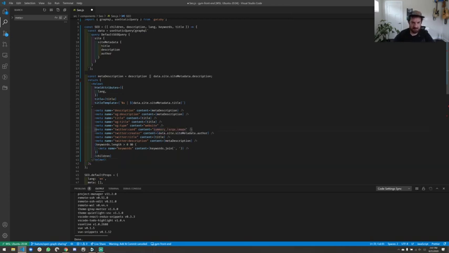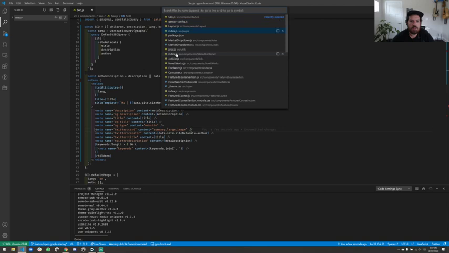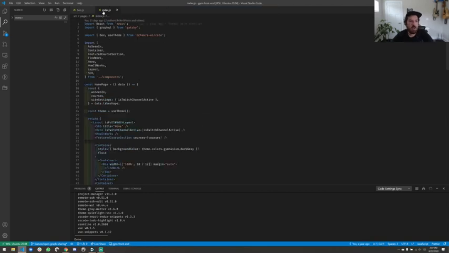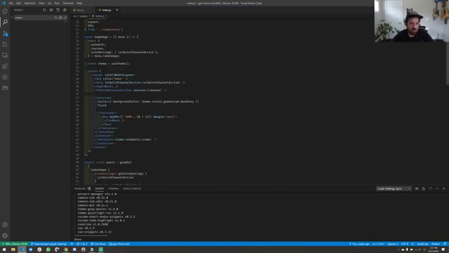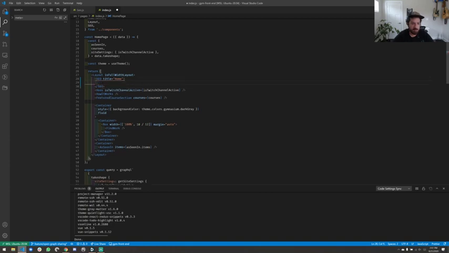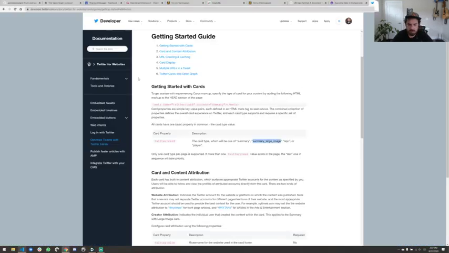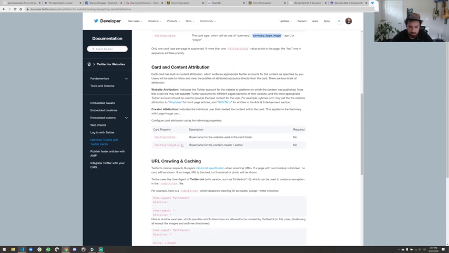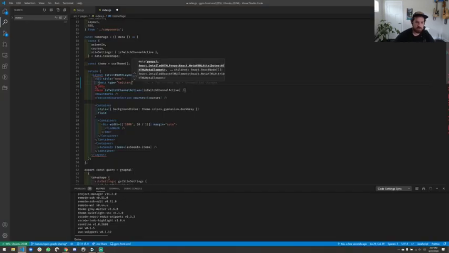Summary, large image. Great, save. Okay, now if I go back to my index page here, where this pulls in an SEO, we have a title of home, and if I wanted to, here I could now do more SEO enablement by saying meta type equals Twitter. Oh, what other things can we put in here? Site, username for the website, used in the card footer, Twitter site.